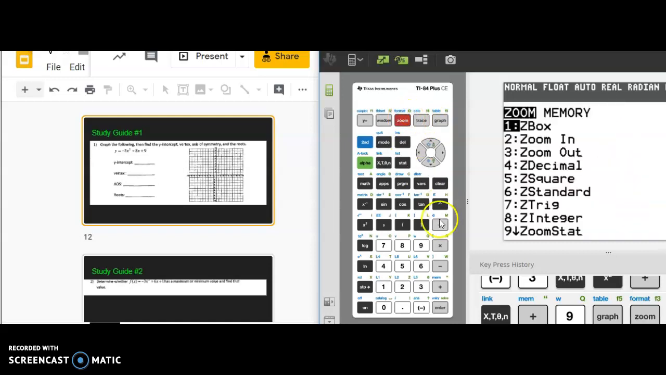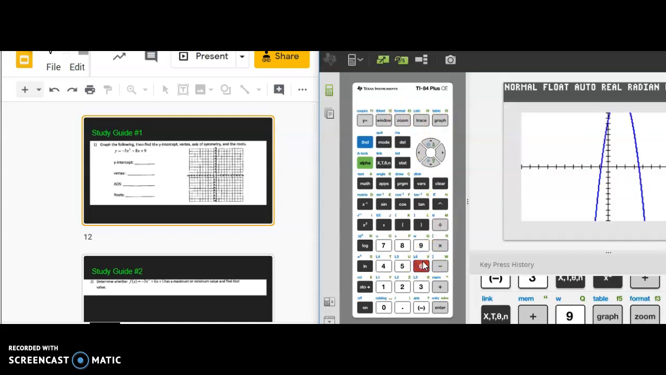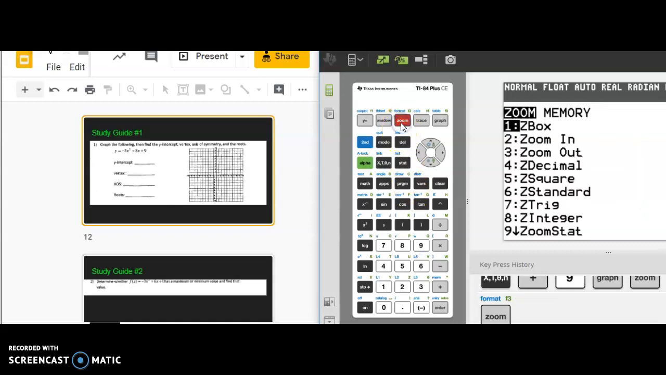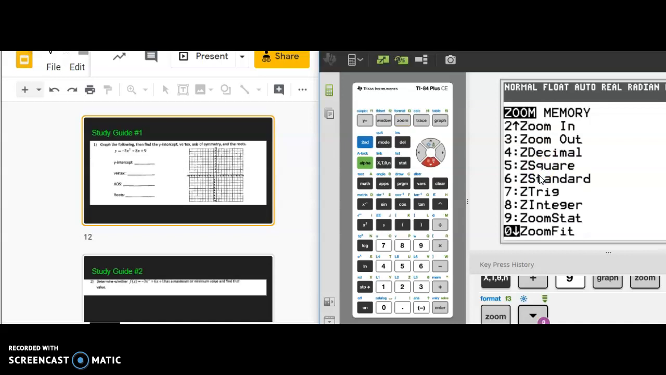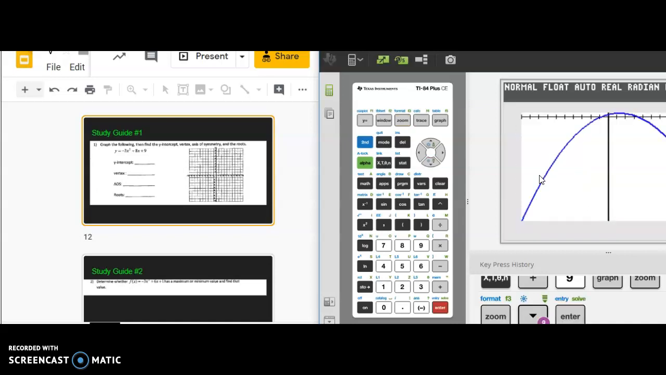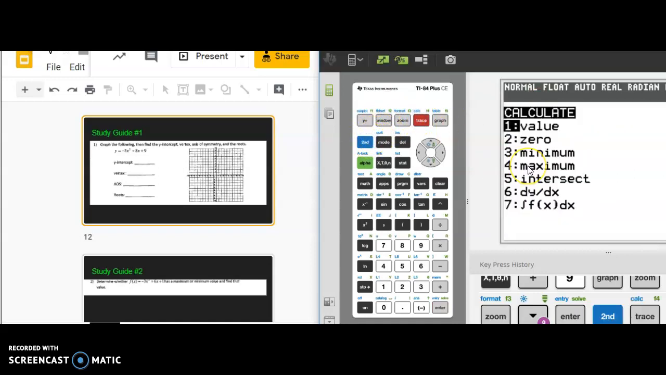Then we're going to hit graph and check out the window. Let's do zoom 6 just to make sure that we're using the right window, and then we can always hit zoom 0. Let's see if we can get all the things that we need. Okay, so we're looking for the vertex. The vertex is going to be either the highest point or the lowest point, and this one in particular has a high point. So we're going to do second trace, and we're going to find the maximum in this